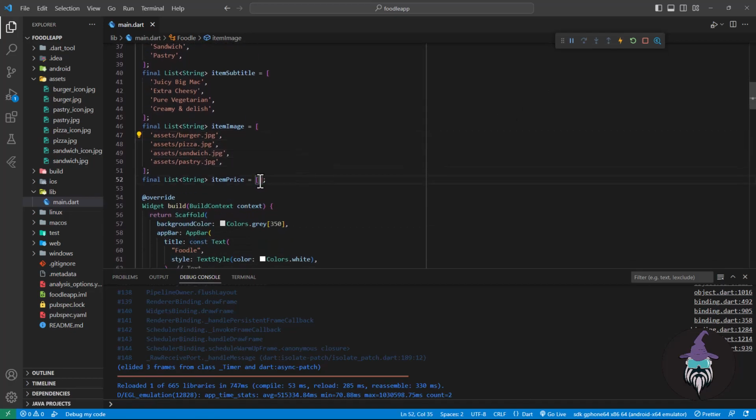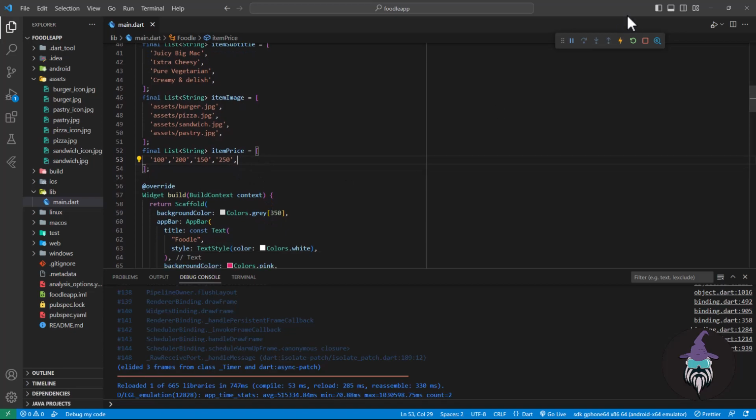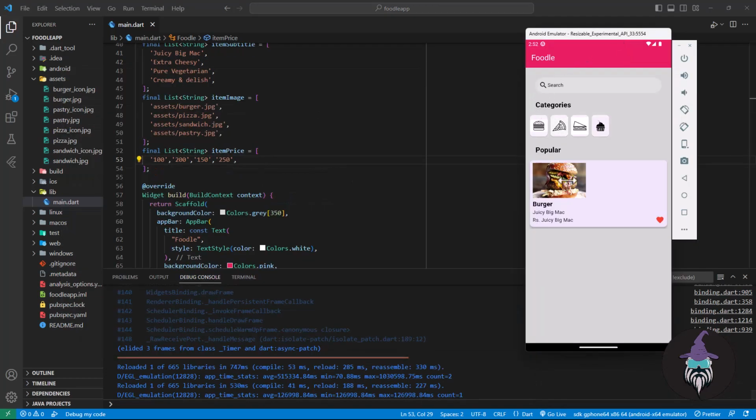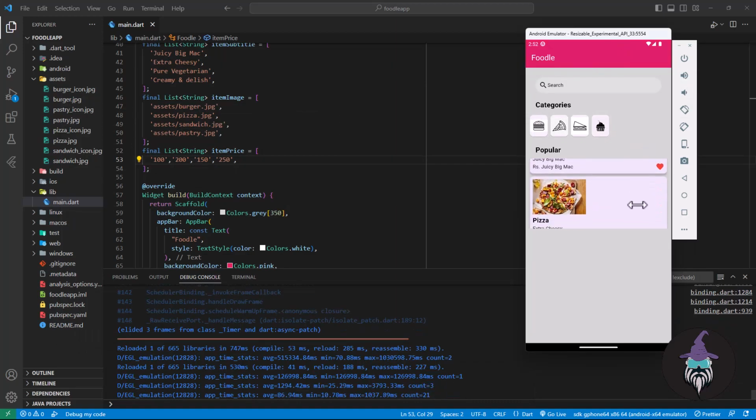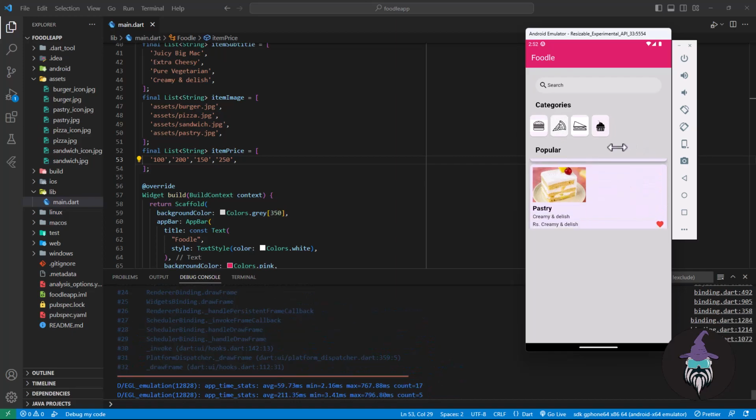And for the item price, let's provide 100, 200, 200. Let's make it 150 for the sandwich, and for the pastry let's say 250, and that's it. So hot reload again, and okay, so it is vertical in order, so we have to provide